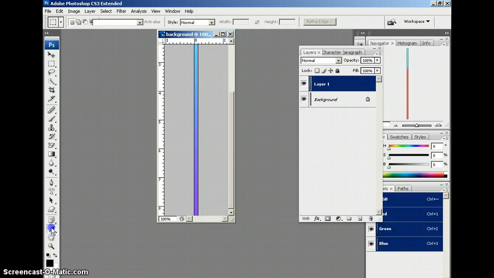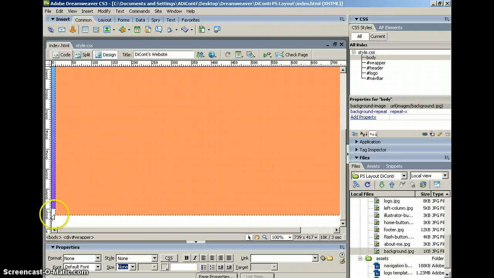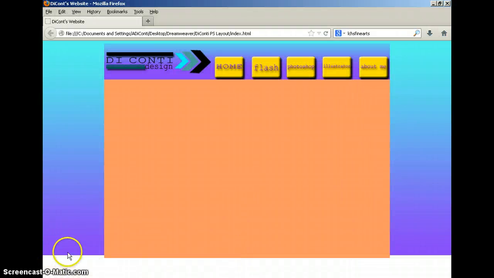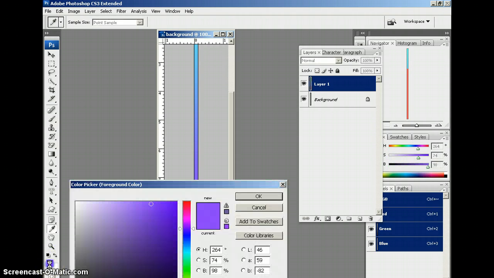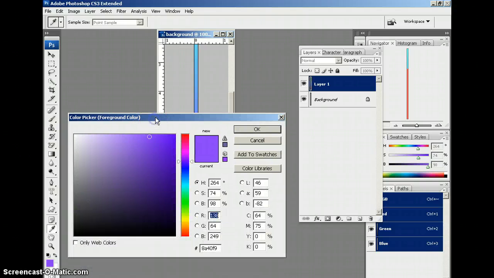And I'm going to take my dropper and I'm going to sample that bottom part of that purple. Okay, remember what that is. That's going to be an extension down here of that purple, an extension of this purple that just stops. So I'm just going to go in there and sample it with my eyedropper. Then I need that code, so I'm going to copy it right here, Control C, that's that foreground color,